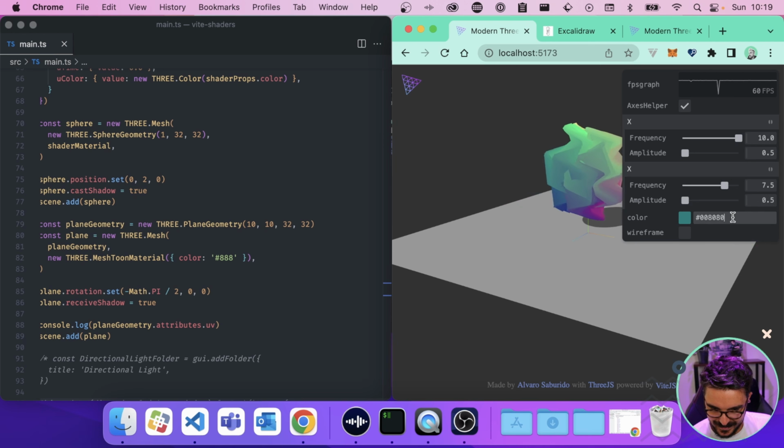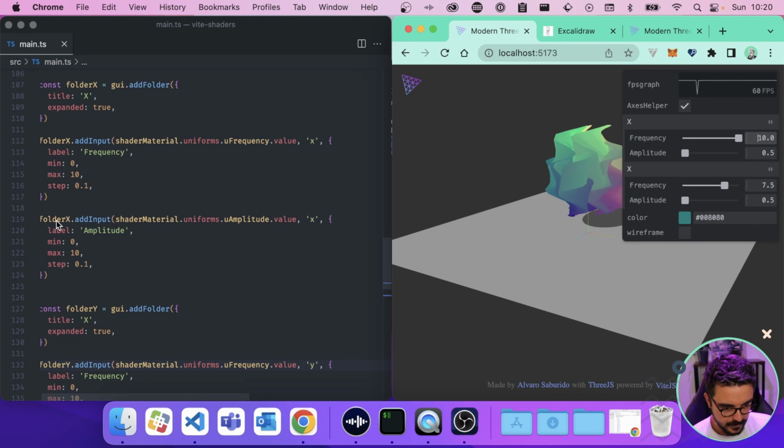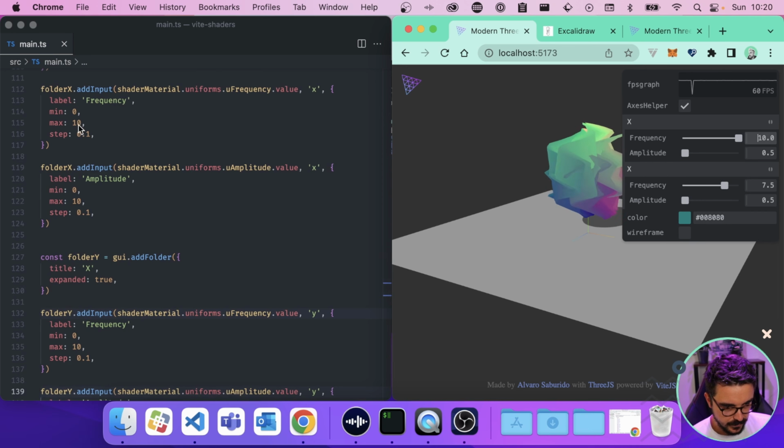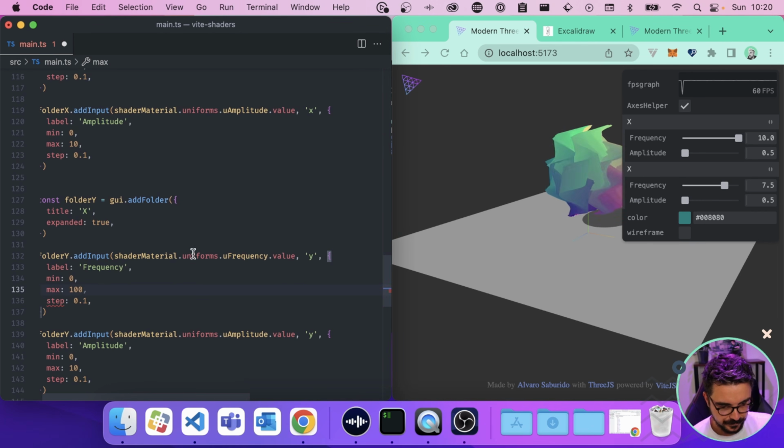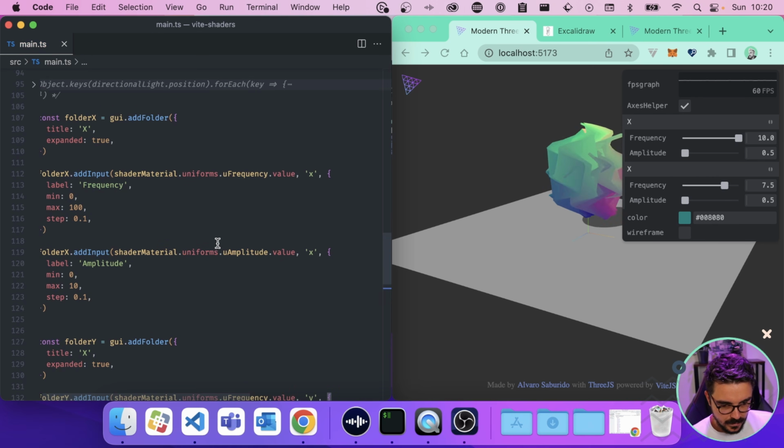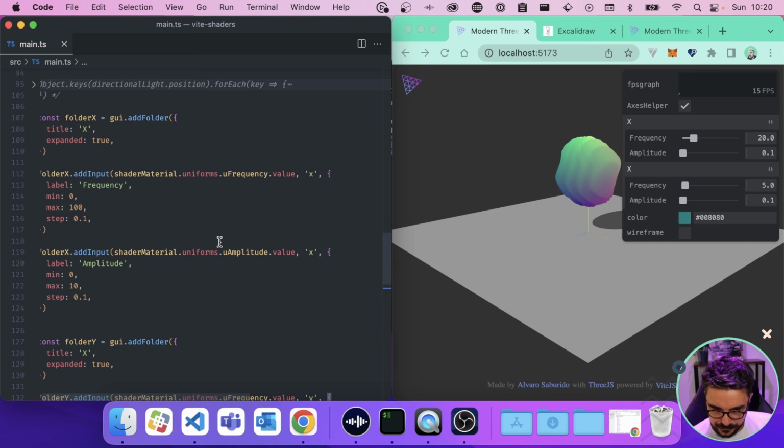Okay, something like that. And for the frequency, I think I had less frequency. For this one, the top, okay, I know the problem here. The maximum frequency, let's put it at 100, okay?